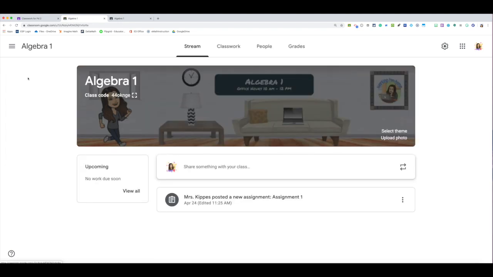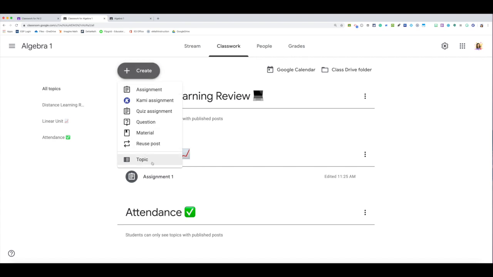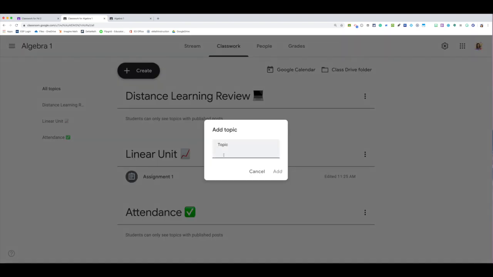So I'm going to go to my Algebra 1 and I'm going to click on classwork. Now I have already some pre-made topics. So this is how I did this. So I'm going to go to the plus sign and create a topic. Now you have to decide how you're going to arrange your Google Classroom. Maybe you already have started it. So if you've already started it, I'll show you how you're going to change your topic so you can add